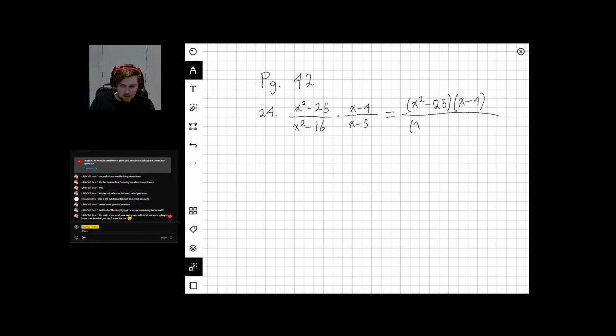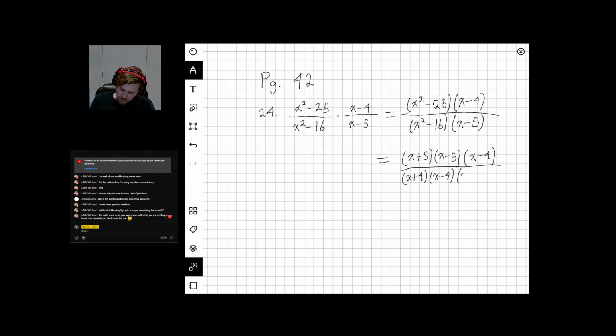We get x squared minus 16 over x minus 5. From a difference of squares, this is going to be x plus 5, x minus 5. 5 times 5 is 25, x times x is x squared, all checks out. x minus 4. Then I have another difference of squares, x plus 4, x minus 4,